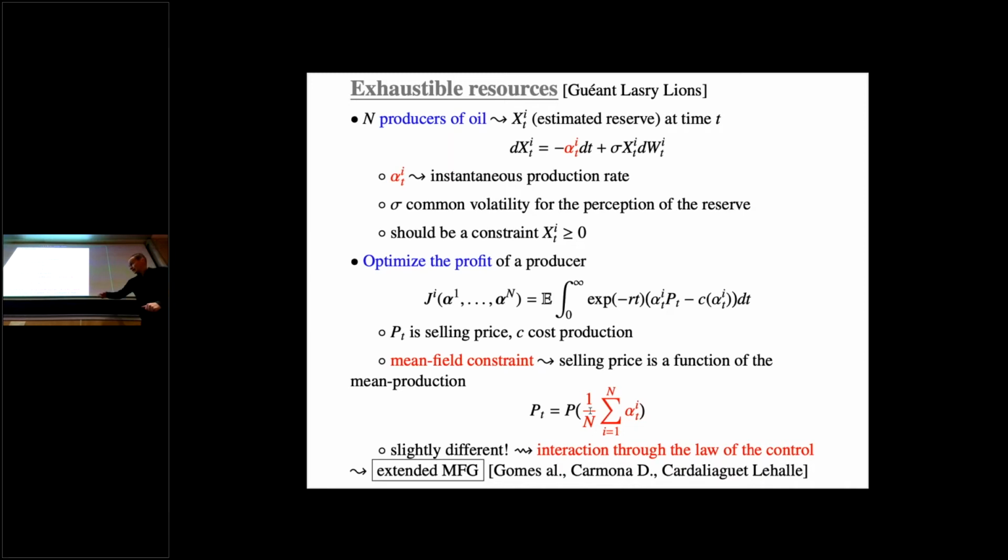If I wanted to insert the demand, I could assume that the demand is stochastic. The demand could be subjected to some noise, and then this would be a kind of common noise in my population, because this would be a demand that would be the same for all the particles. This would be random, and so this would be a way to randomize the state of the population. So this is another way to think of the common noise. This is a kind of macroscopic quantity that is impacting all the players and that behaves randomly. So once again, mean field games of control.